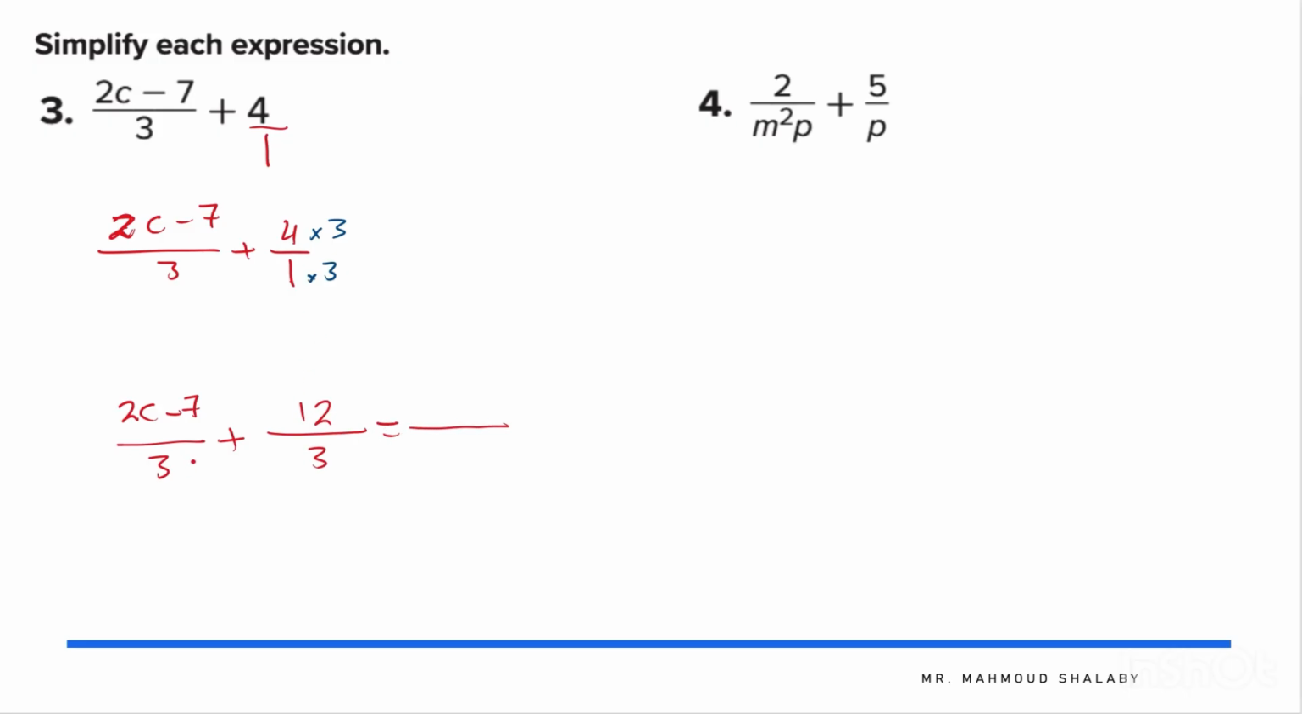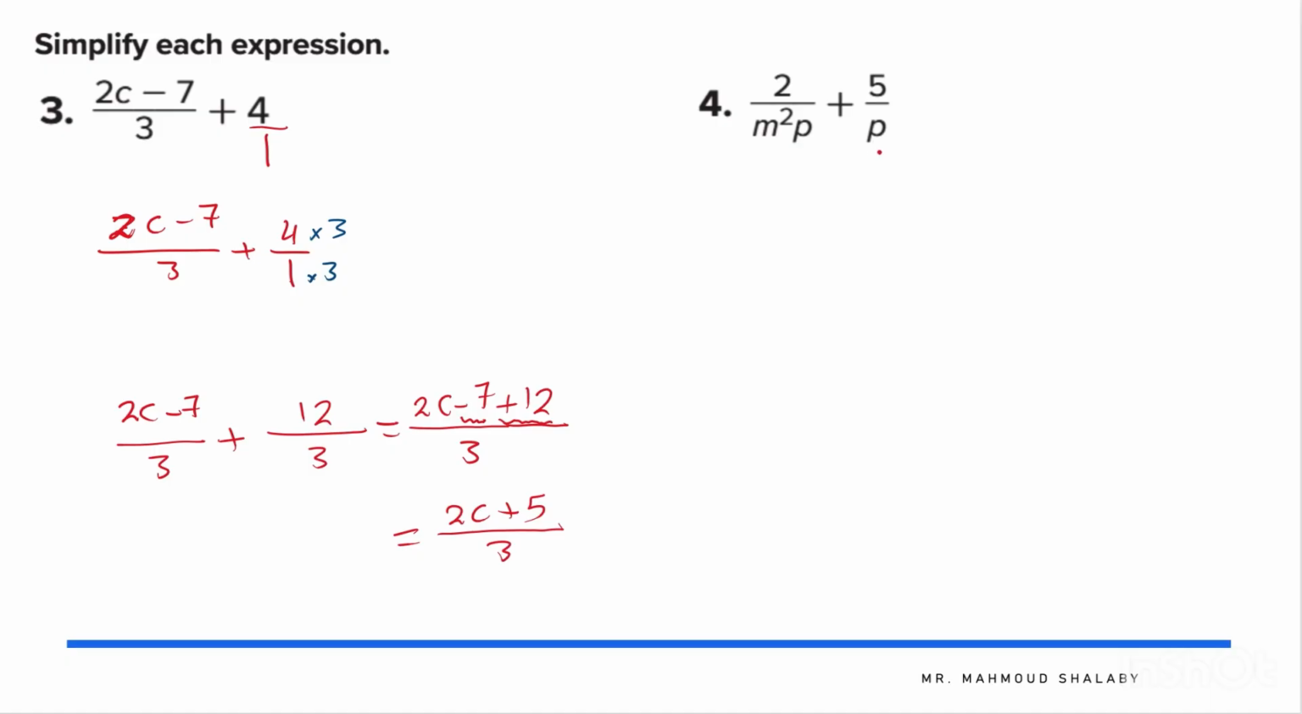Now what will happen is we will have a common denominator and I will add the numerators. So it will be 2c minus 7 plus 12. So it's a plus 12. In this case we will have one more step because I can simplify this. 2c, I don't have any other c, but I have negative 7 plus 12, which will be positive 5, and that's it. So 2c plus 5 over 3. Okay, guys? Let's see, for this one,